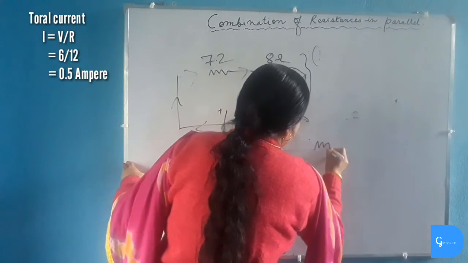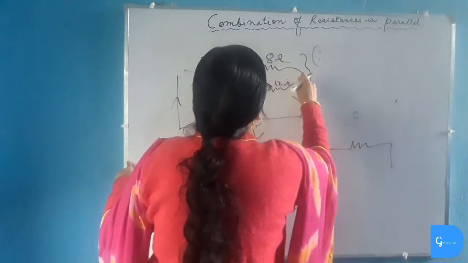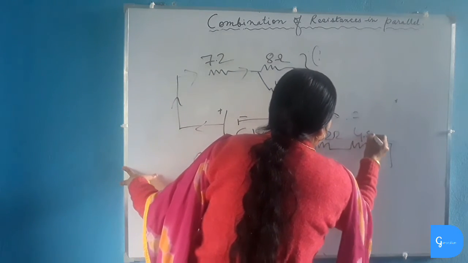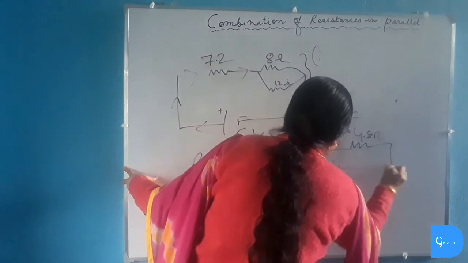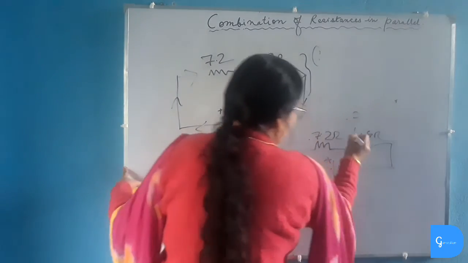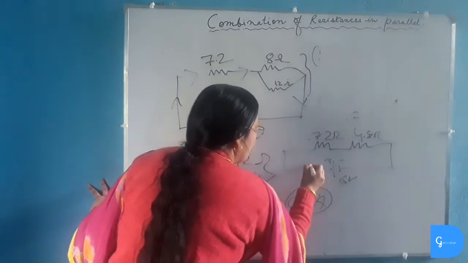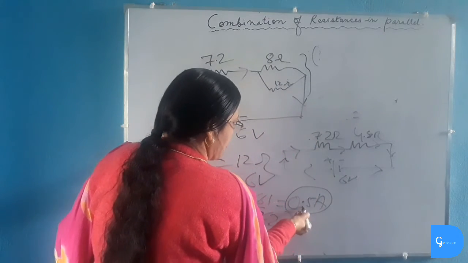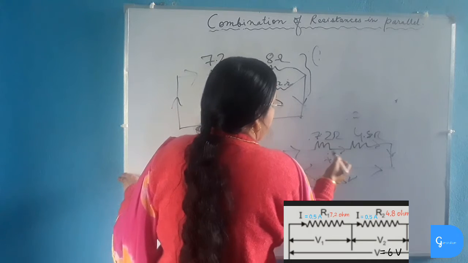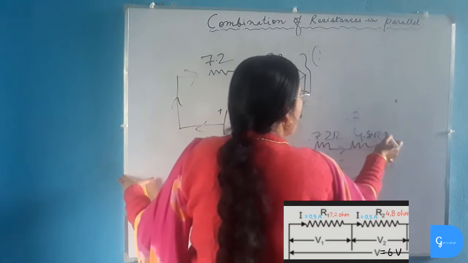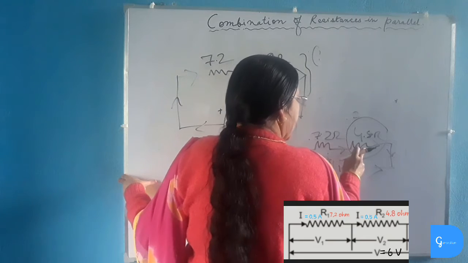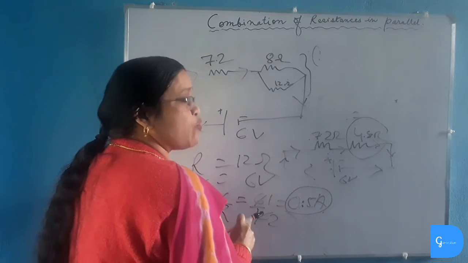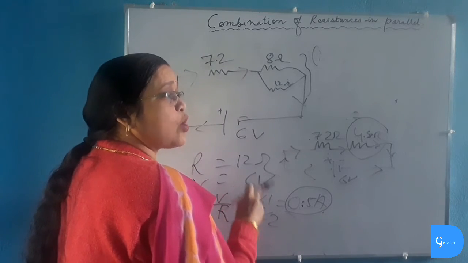Now we have stated earlier that the value of these two parallel resistors will be equal to a single resistance of 4.8 ohm. So the current 0.5 ampere will flow through the whole circuit. So the 0.5 ampere of current is flowing through 7.2 ohm as well as 0.5 ampere of current is flowing through 4.8 ohm resistance, because they are connected in series, and in series connection of resistances the current flowing does not change. It remains the same, which is equal to the value of the current flowing through the whole circuit.